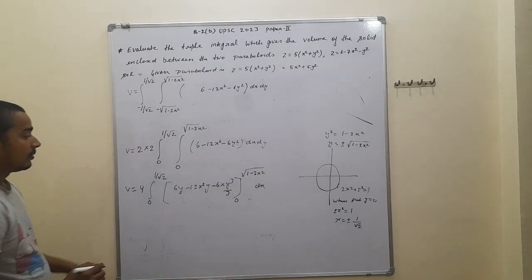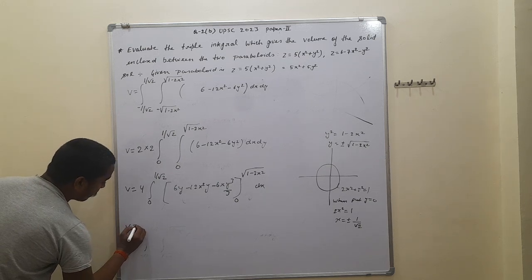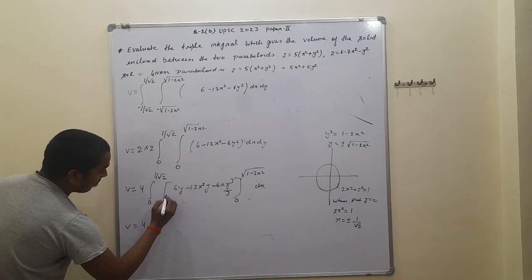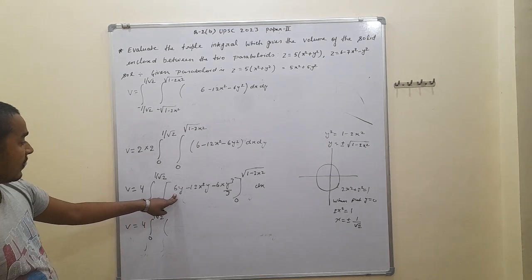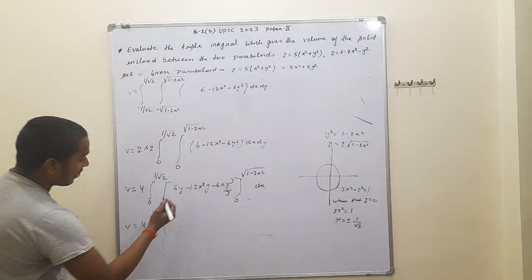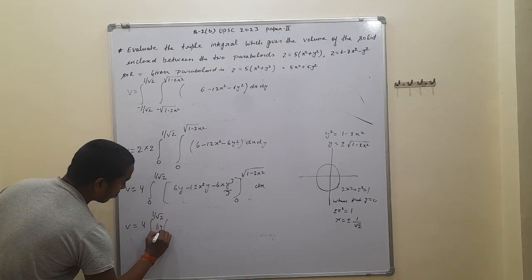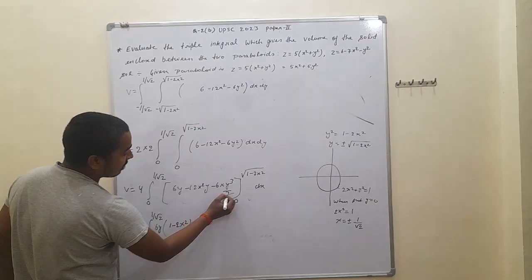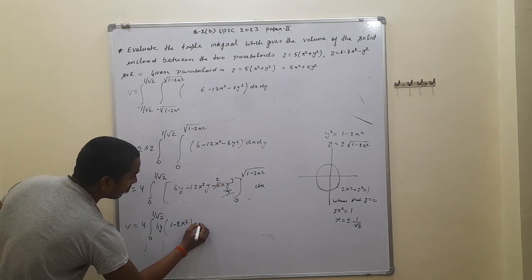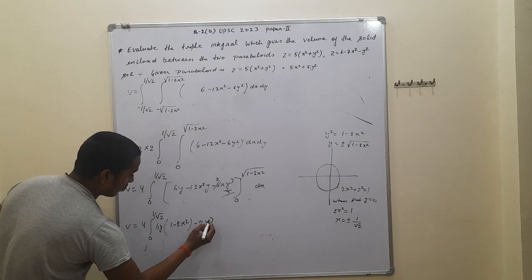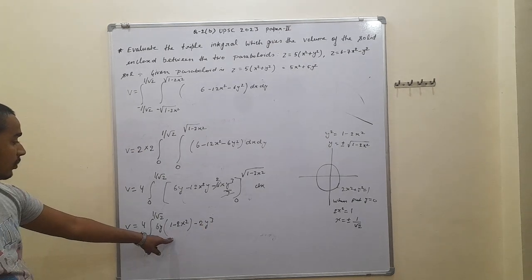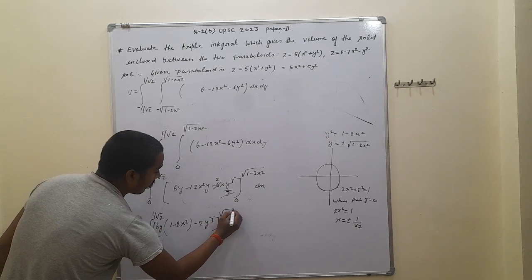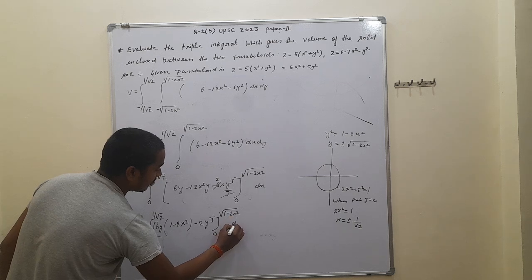Further we have to solve, that is volume is equal to 4 integration of 0 to 1 upon root 2, and here is taking 6 and 12 into 1 bracket, that is taking 6y common, that is 1 minus 2x square, and from here is 3 to the 6, that is minus of 2y cube, 0 to 1 minus 2x square dx.